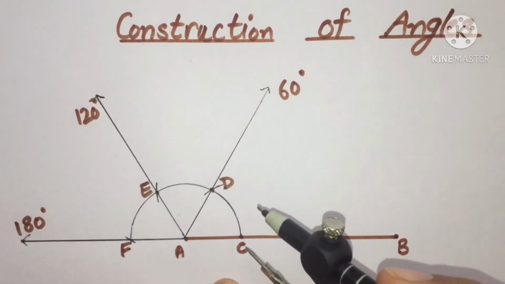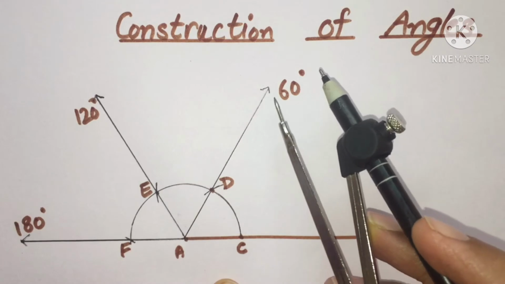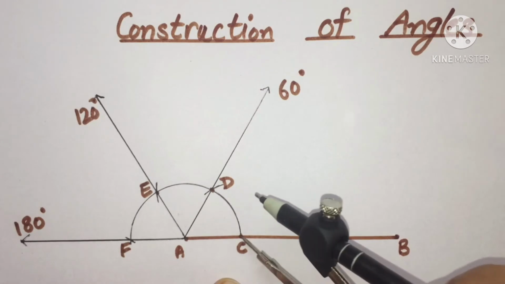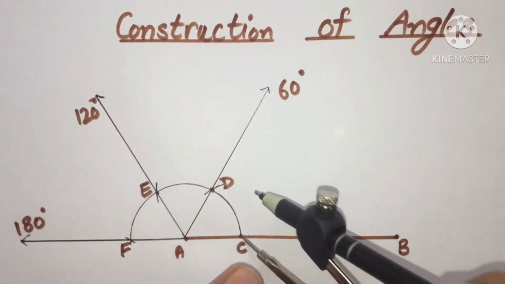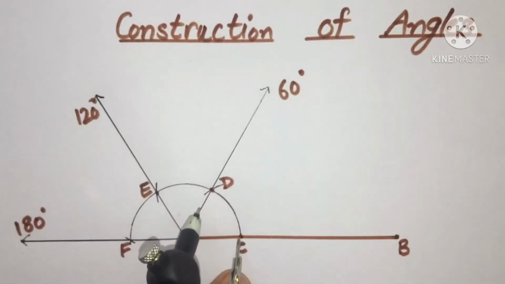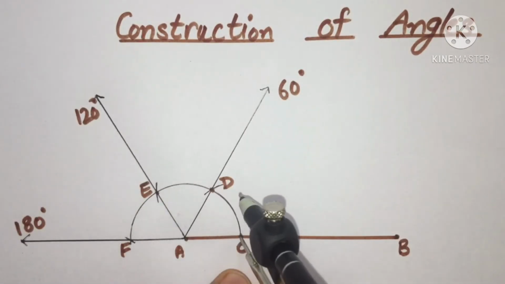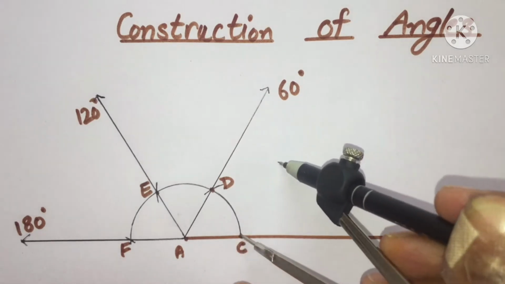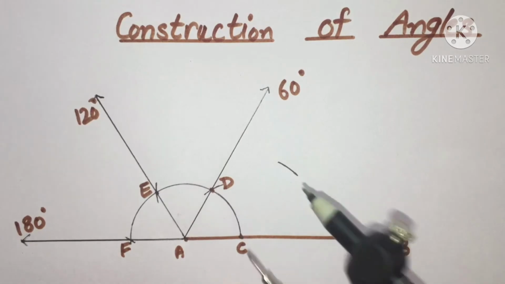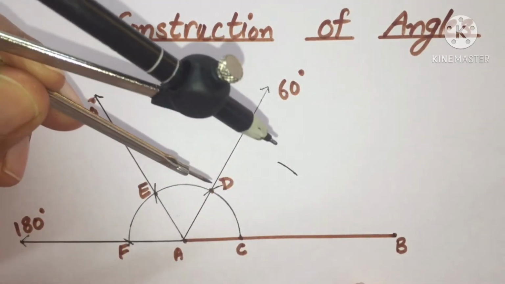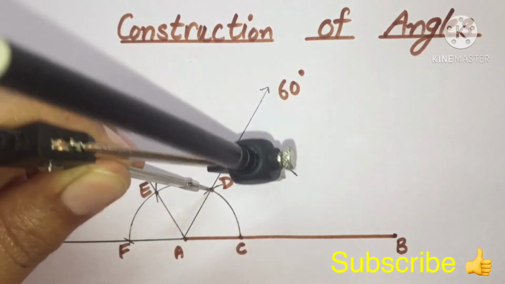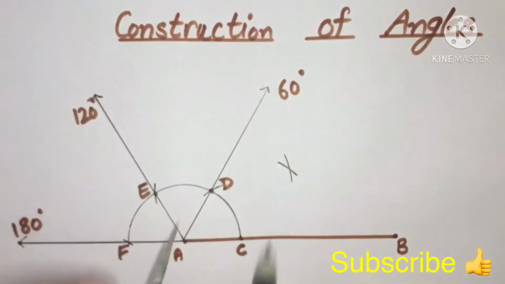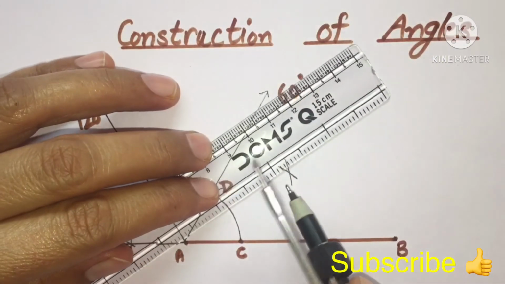Now we will learn how to bisect an angle. Suppose I want to bisect this 60-degree angle. So I will keep the compass at some width. You can take the same width like from C to D, or you can take more than that. It's your choice. Like I am taking this much, one arc from this point C, and with the same width, don't change the width of the compass, now I will put the compass on the D point and I will draw one more arc. Now I will join this line.